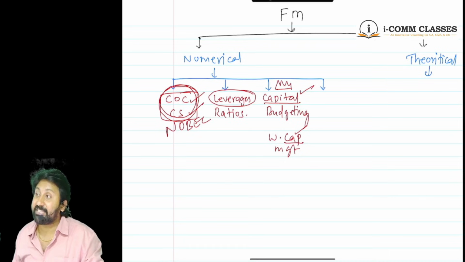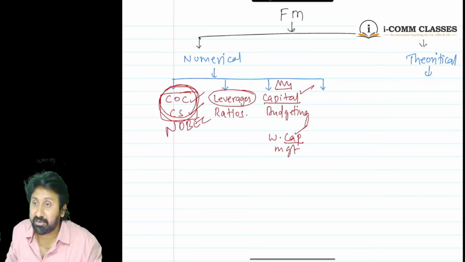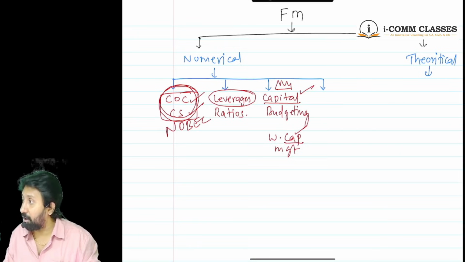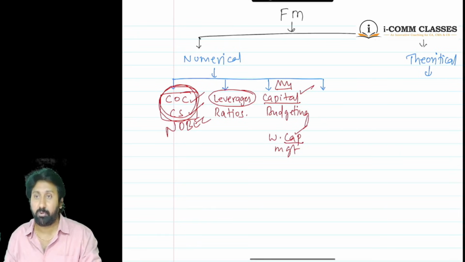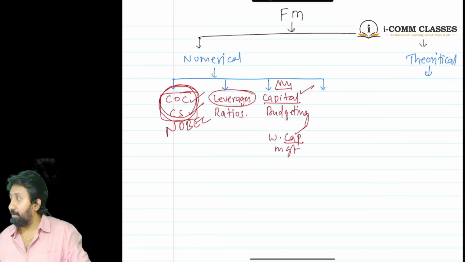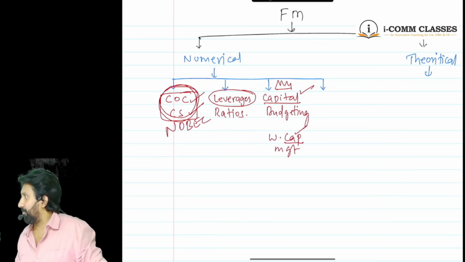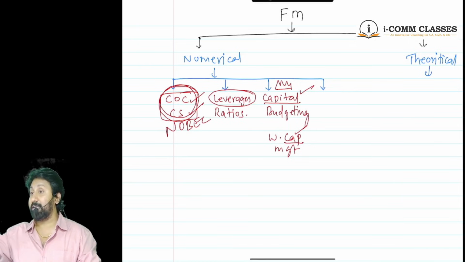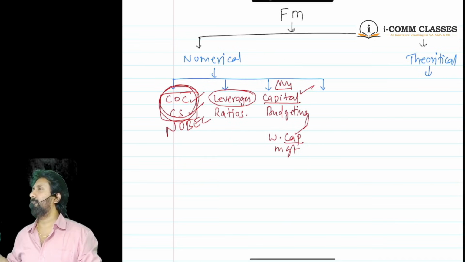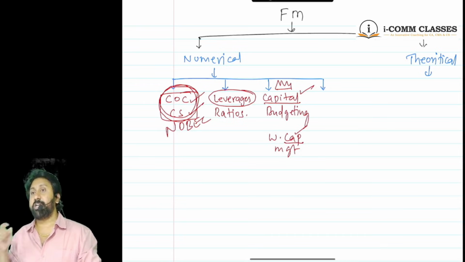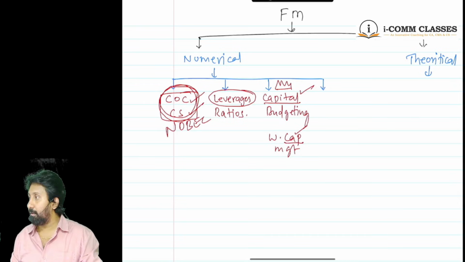But who can really judge whether it is a serious condition or a normal condition? We will consult a doctor. The finance world also has a doctor, called a financial analyst, who are chartered accountants. That's why these two chapters gained popularity. Every business will prepare two important documents at the end of the year. You know both. The first one is the balance sheet. The second one is the P&L account.